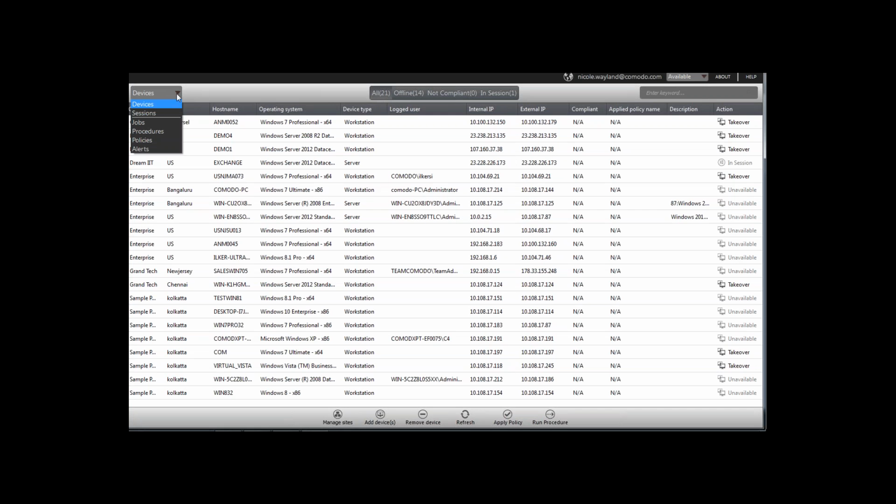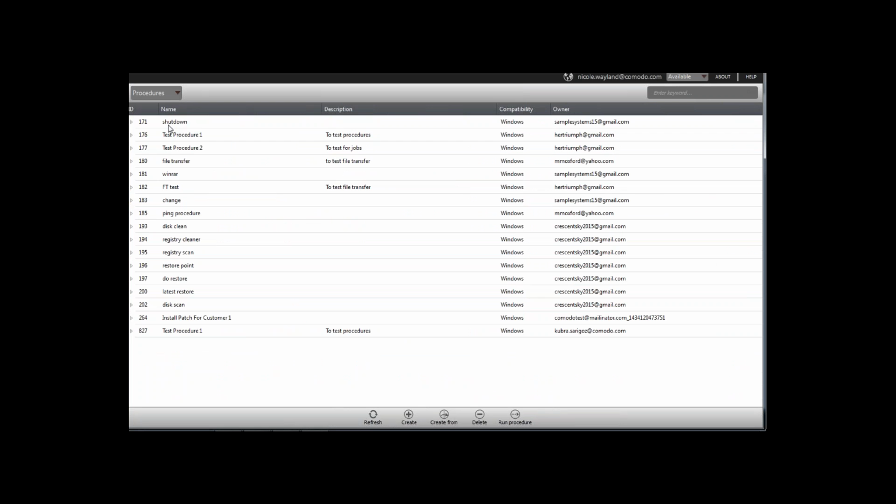So that is how we initiate a session. Let's continue on now and review some of the other features of the RMM tool. Next, let's investigate procedures. Now, procedures are a list of deployment opportunities that you can deploy to run